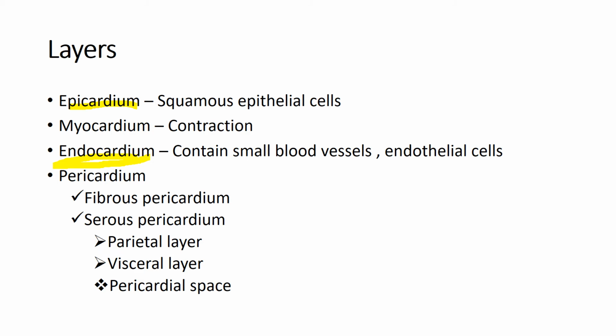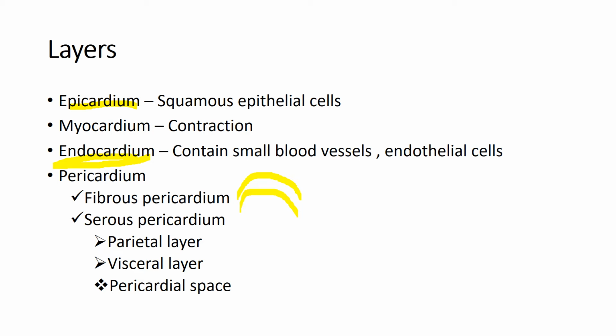The function of the pericardium is that it confines the heart to its position in the mediastinum, while it allows sufficient freedom of movement for vigorous and rapid contraction. It doesn't allow the heart to move around excessively. It allows its smooth functioning. So the pericardium itself has two layers. First is fibrous pericardium, second is serous pericardium. Fibrous is the outer layer, while the serous is the inner layer.